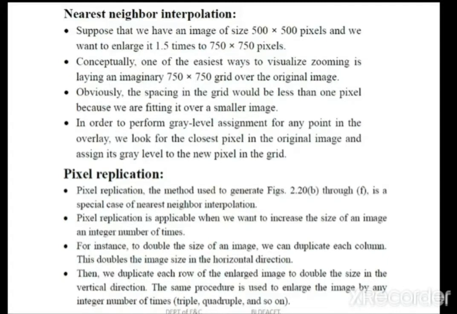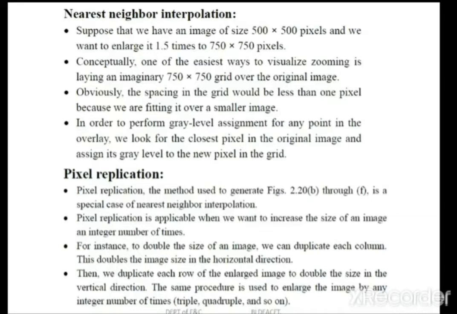In this technique, suppose you have an image of size 500 by 500 pixels, and you want to zoom this image 2 times. It is now simple. Simply you go on copying alternate rows and columns. You just double the rows and double the column values. So automatically you are going to get a grid of size 1000 by 1000 with all the pixel values.